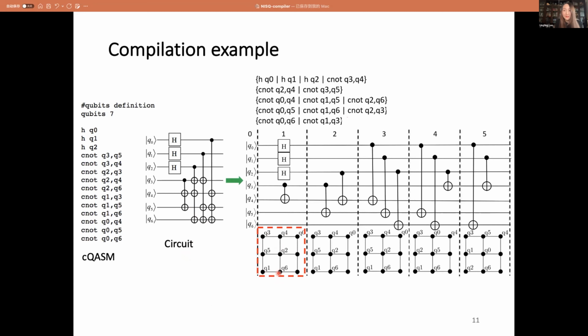We first perform a qubit initial placement that tries to place qubits that will interact close to each other, such that we could reduce the number of swap gates later. With such an initial placement, for the first 3 cycles, all the 2 qubit gates are between nearest neighbors, so we can directly implement them.